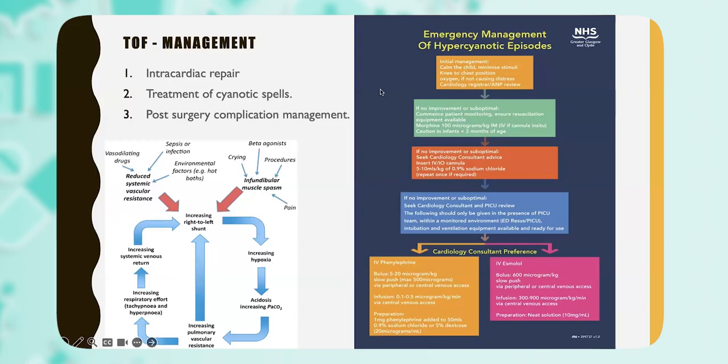So what is the initial management? Some of the management the child learns on its own. That is the posturing. Any squatting or cross-legging causes an increase in the peripheral vascular resistance and breaks this vicious cycle. In hospital, what we need to do is calm the child, minimize the stimuli so that these stimulations decrease. Knee to chest position is a squatting equivalent. This will also cause an increase in the systemic vascular resistance, which will cause a decrease in the deoxygenated blood coming